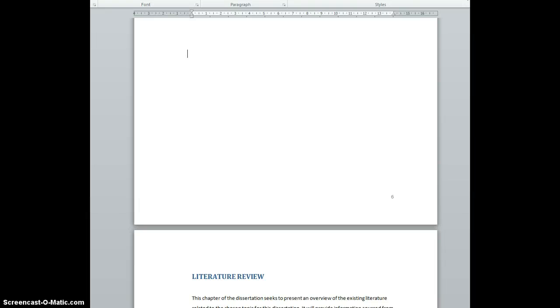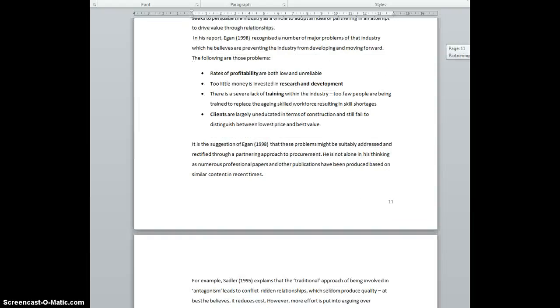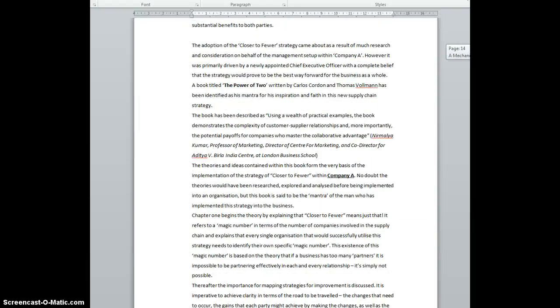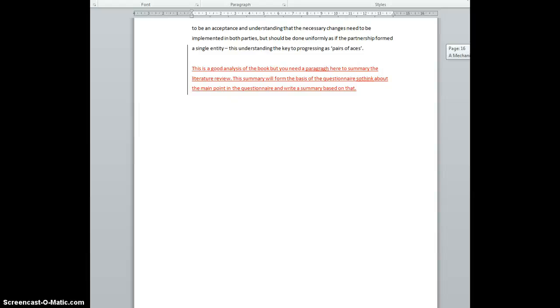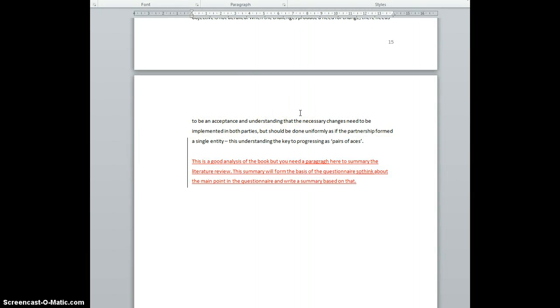I'm now going to come through to the next part, which is page 16, where there are some comments. What you've done here is at the end of this section you've made a review of a particular book. I forget what the title is, I can go back and have a look at it. What I need you to do here is write a sort of summary of the whole of your literature review. Now, I don't want anything more than three-quarters of a page tops. Even half a page will be plenty,